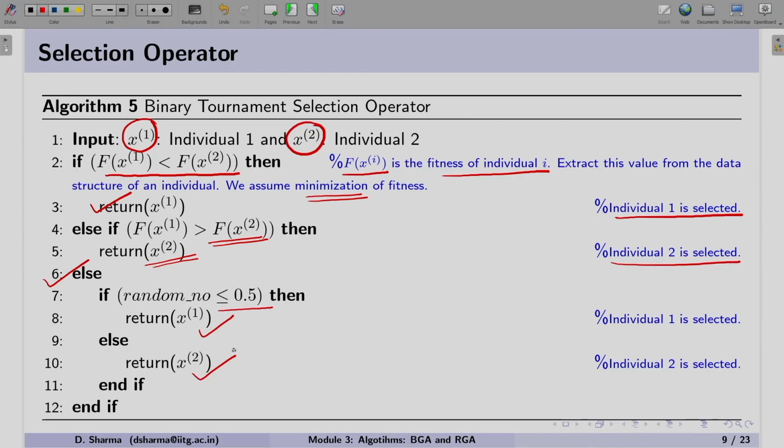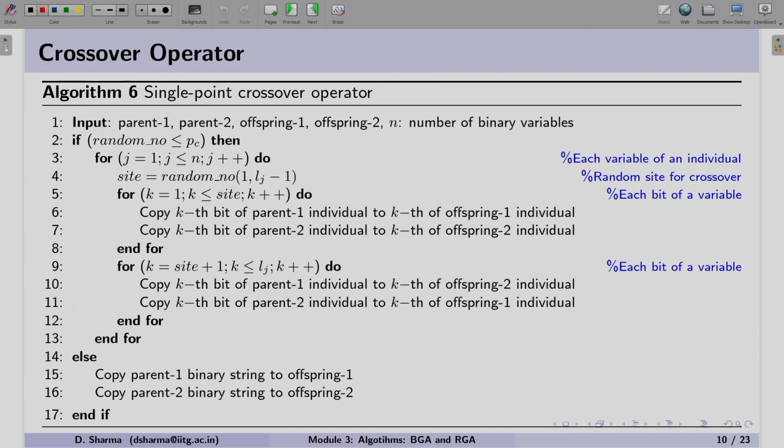But when we are solving, say, a multimodal problem in which we have two different solutions but their function values are the same, such kind of steps which I have shown you from step 7 to 12 will be useful. So, the binary tournament algorithm representation is an easy way to select one solution out of 2. Now, once we perform the binary tournament selection operator, we have to perform the crossover.